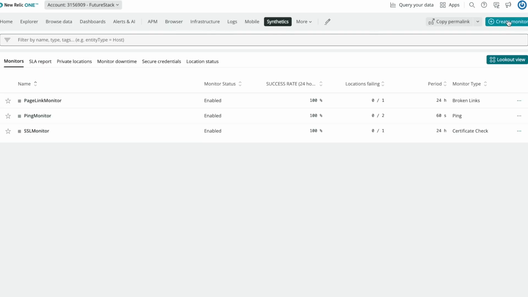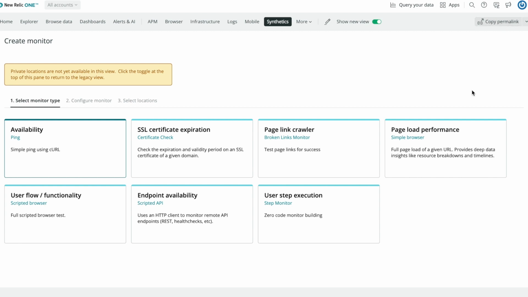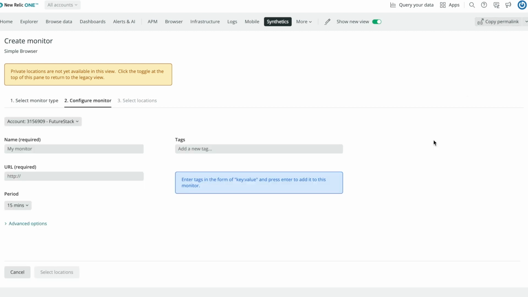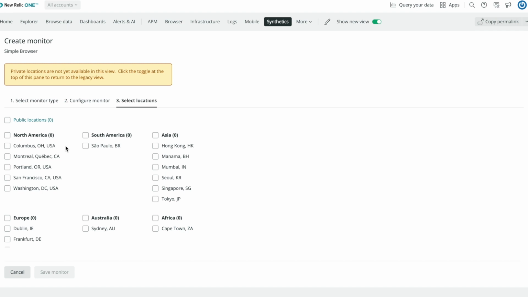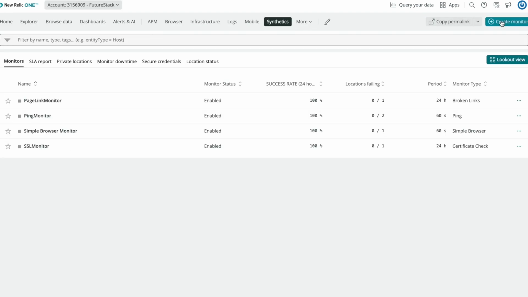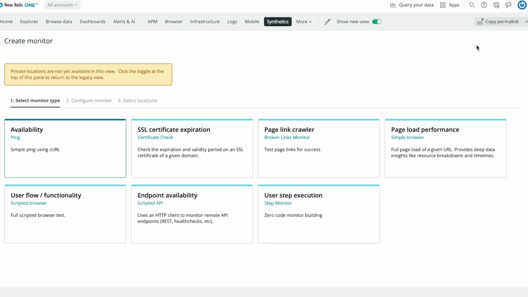So let's take a look at the fourth option available to us, which is the page load performance monitor. In this one, you provide a name and a URL, and what the monitor does is it waits for that page to load in a headless Chrome browser behind the scenes, and gives you deeper metrics around the page load time and the JavaScript that was called and all that happens, and also gives you a screenshot at the end of the page load.